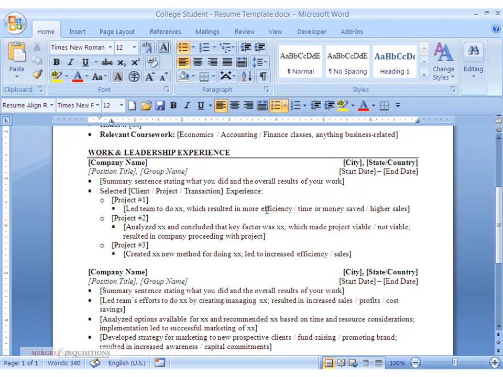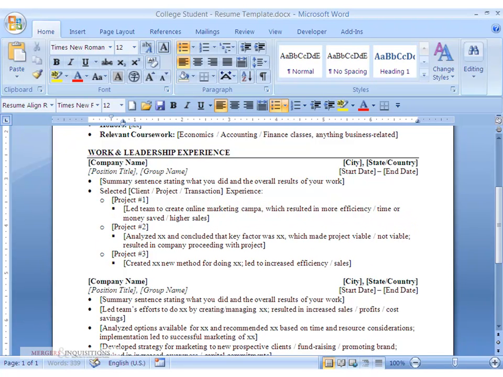Now, the next thing here is to go into the specific structure of the bullets. So you'll see here, and you probably already have an idea of how to do it based on what I've written here, that I have as the sample language led team to do XX, which resulted in more efficiency, time or money saved, or higher sales. And basically what you want to do with each bullet is list the specifics first. So here we might say led team to create online marketing campaign for new product targeted at small businesses, which resulted in